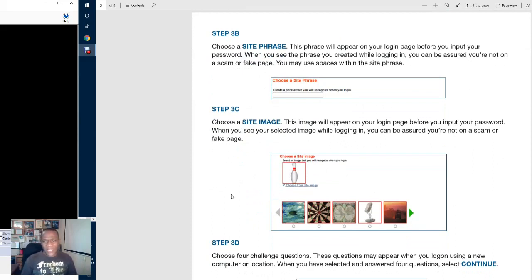Step 3B, choose a site phrase. This phrase will appear on your login page before you input your password. Why is this important? For example, if you log into a page to access the system,